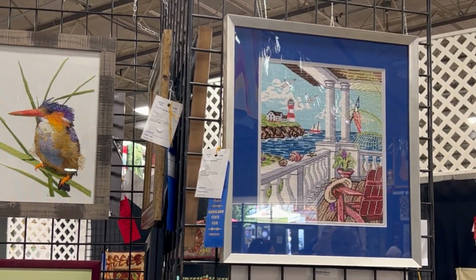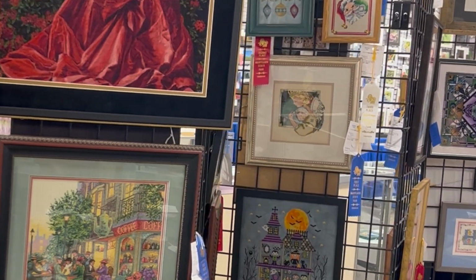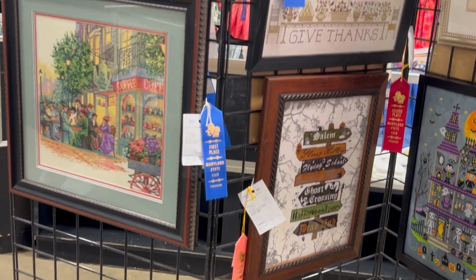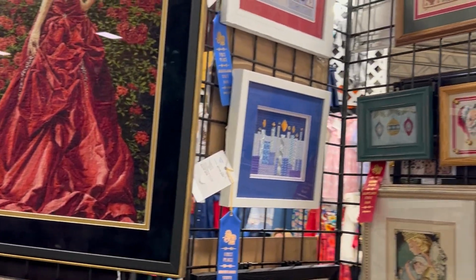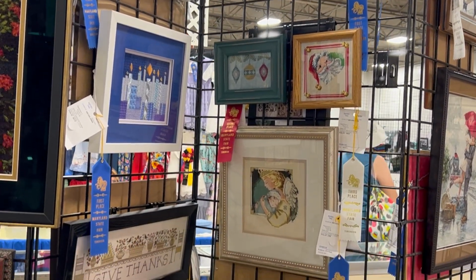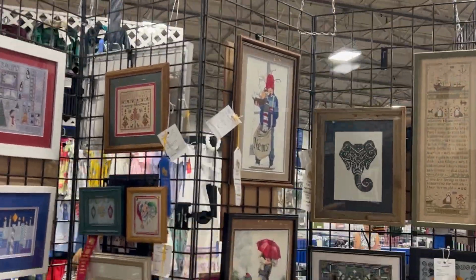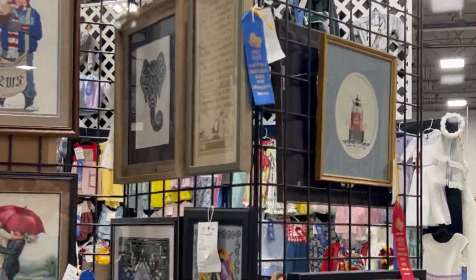A lot of people finish their needlework not in frames, so the last thing you want is for people to be touching them. Oh, that is beautiful, that is a Halloween piece there. And Give Thanks, there was a beautiful woman there with the long red dress. I want to say that is completely full coverage cross stitch. The traditional cross stitch samplers, Santa, the candles there. There is that Cape Cod sampler, the newsboy with the newspapers, the lighthouse,